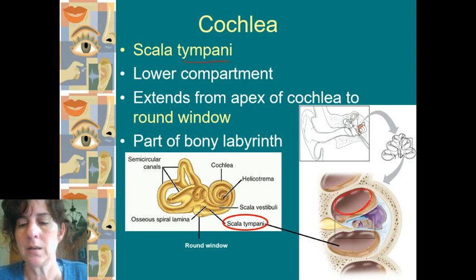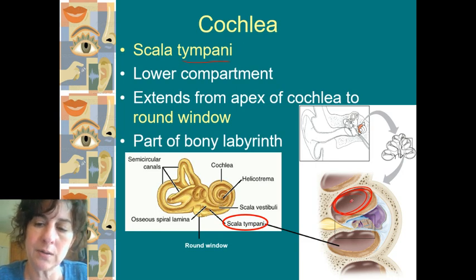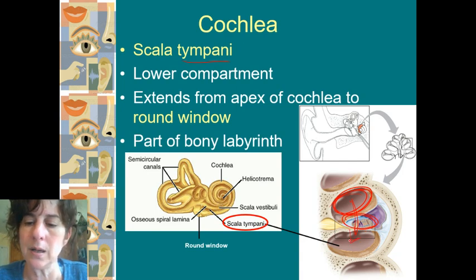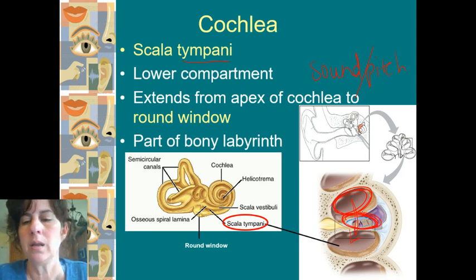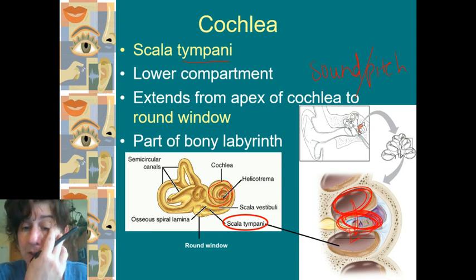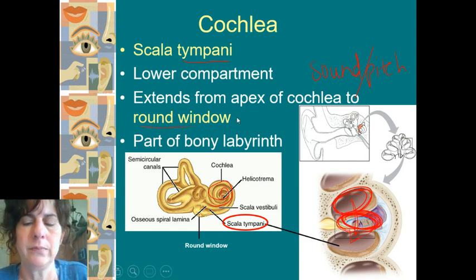So here's the scala vestibuli. At some point, the sound waves from that fluid cross over this membrane, and that's really what's important right here, and into the tympani. And when it crosses the membrane, that's where we're registering sound and we're registering pitch, because this is where the nerves are located. So this is the really important part. What nerves am I stimulating at what point along that long tube that's been curled up? Okay. Here's the round window, the end point.